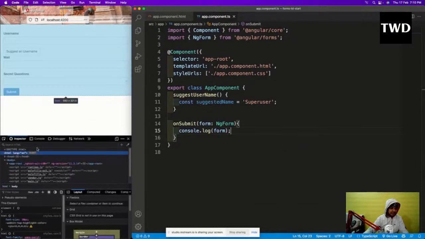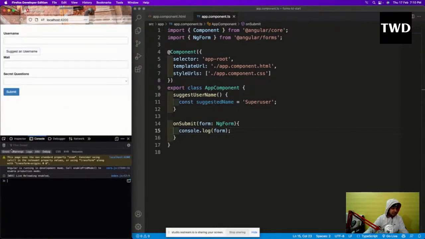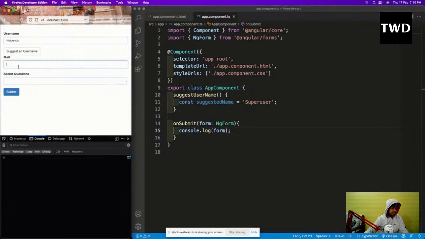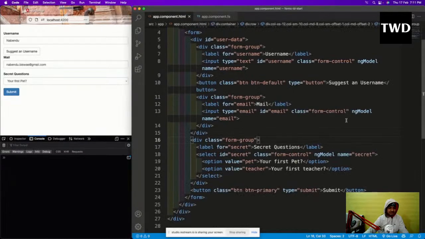I'll inspect, and in the console I'll add something, maybe your first pet, and then submit it. When I submit it, why is it not even working? Oh, I know why: we have not added one thing here. We have done ngModel, but how to submit this form?